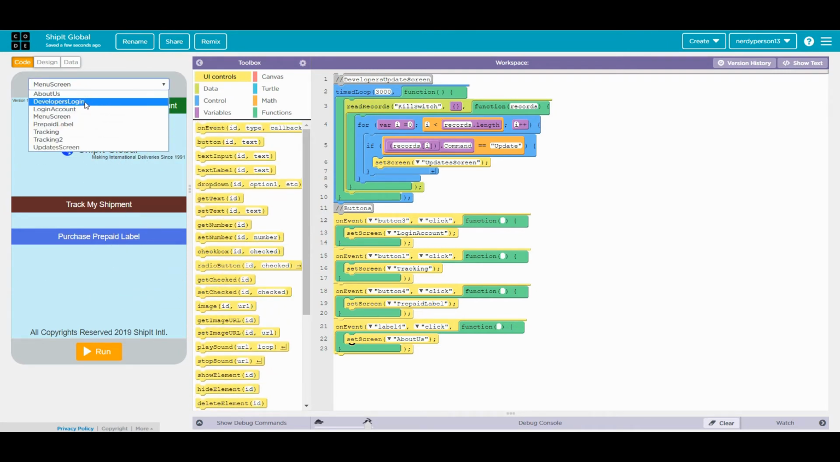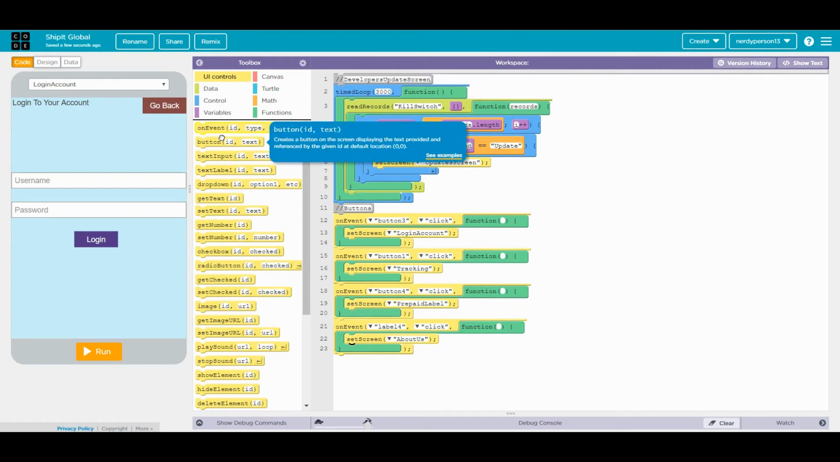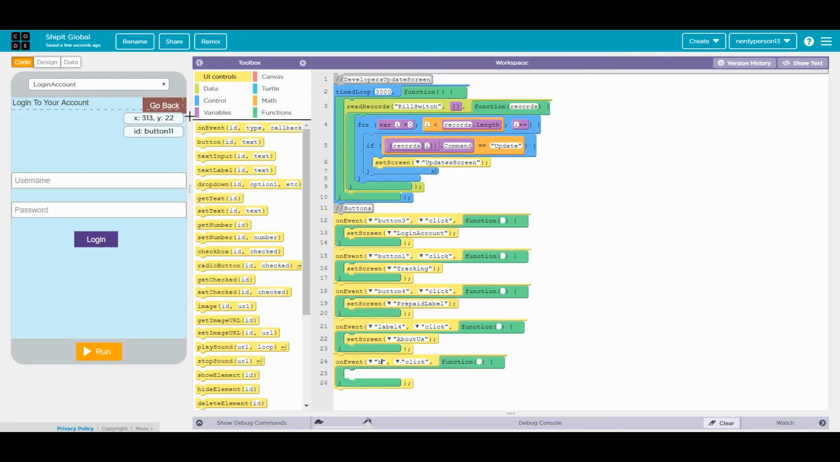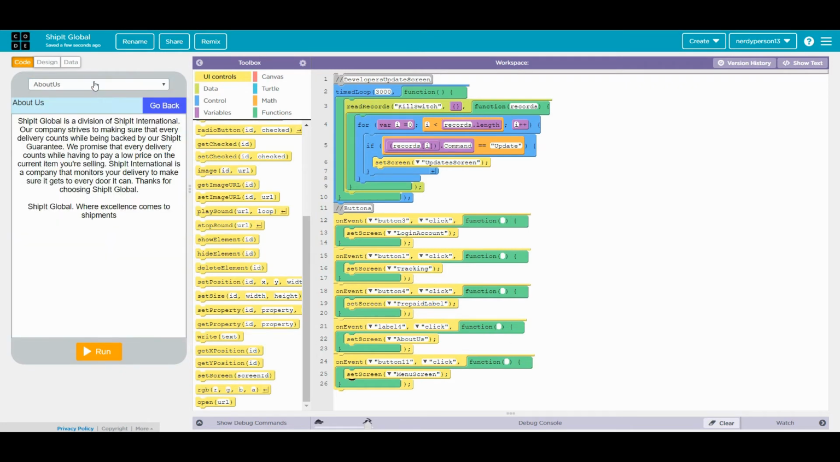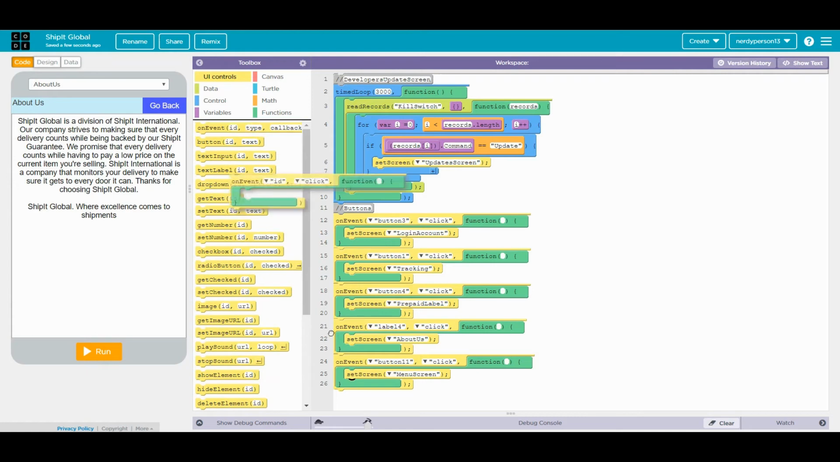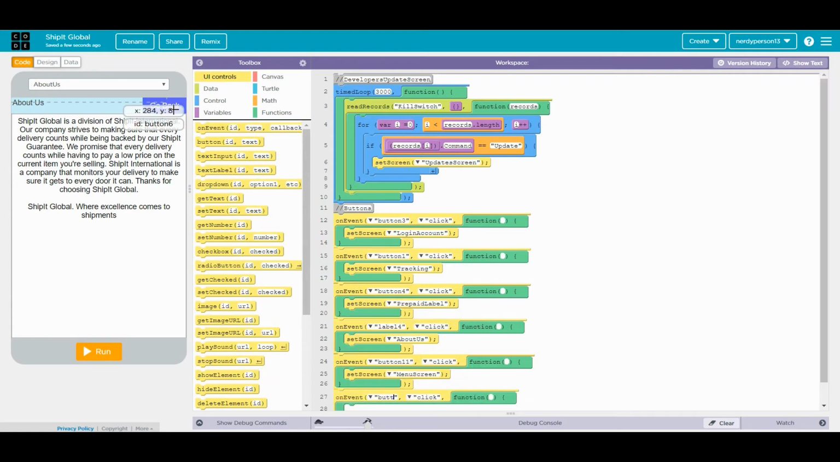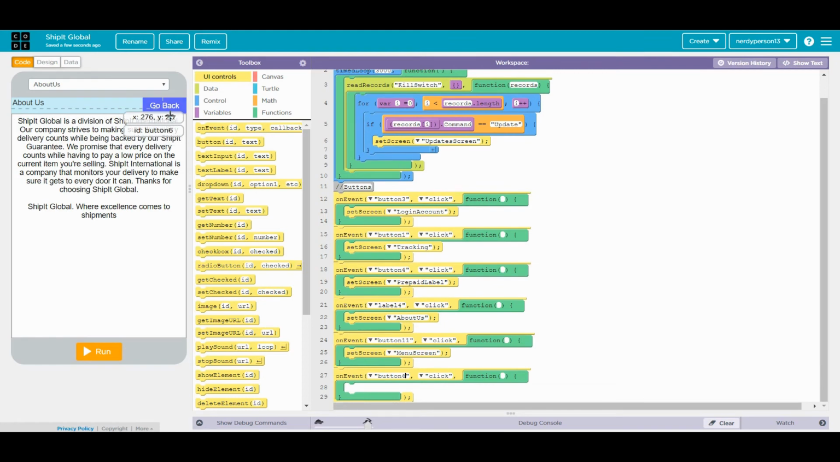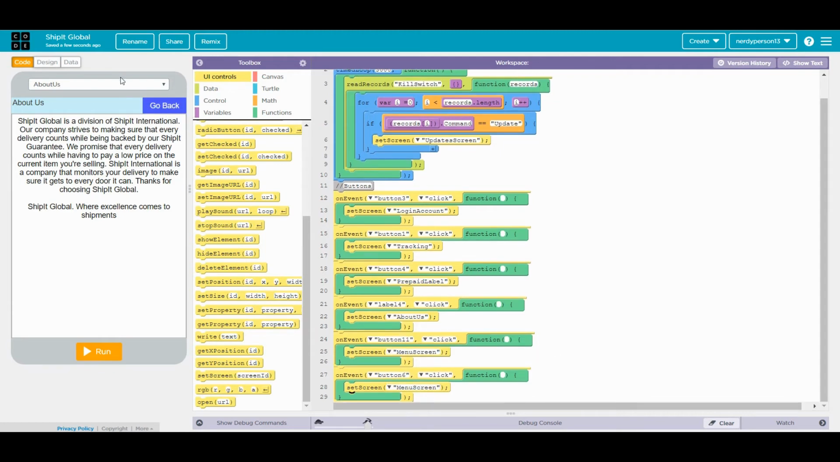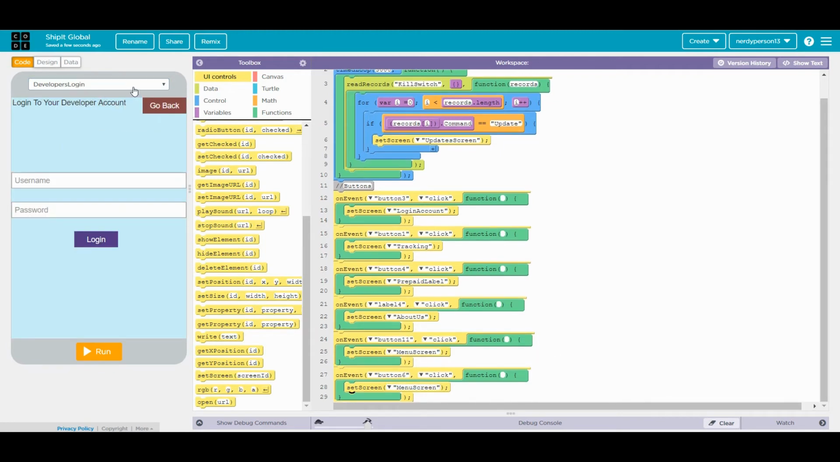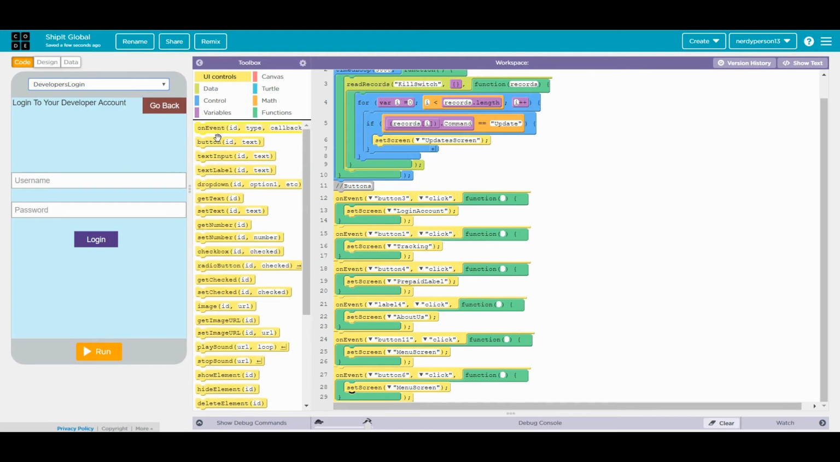Let's go ahead and go to the login account, and we can go ahead and add an exit solution, which is button 11, going to the menu. Simple as that. We can go ahead and do the about us. And we can go ahead and set that screen going to the menu screen. The developer's login, we can go ahead and program that,